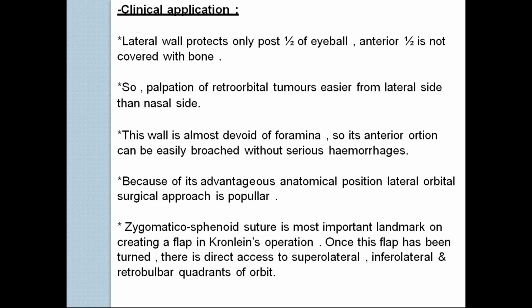Eyeball is there. Behind the eyeball, what do you have? You have the optic nerve, is it not? And blood vessels. So the tumors arising from the optic nerve are optic nerve glioma and meningioma, and from the blood vessels cavernous hemangioma can also arise. Whenever you have such tumors, they push the eyeball forward. Whenever there is an antero-posterior displacement of the eyeball, you call that condition axial proptosis.